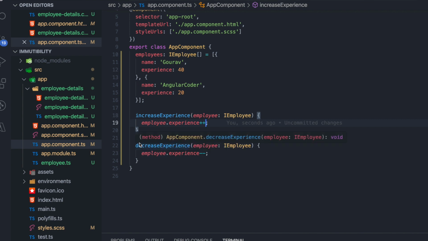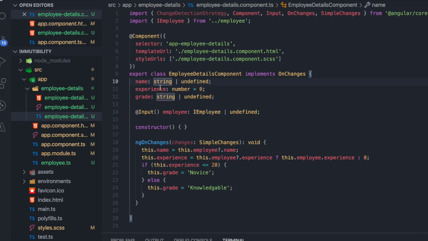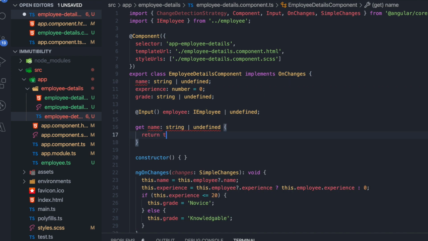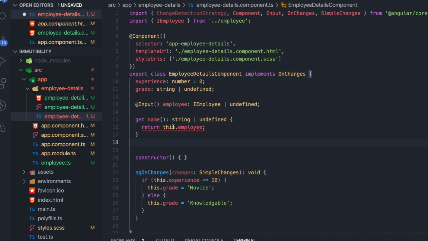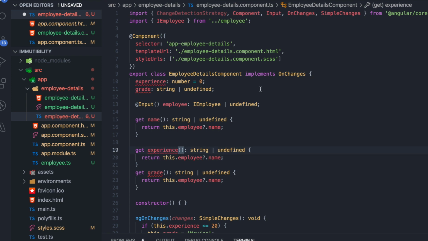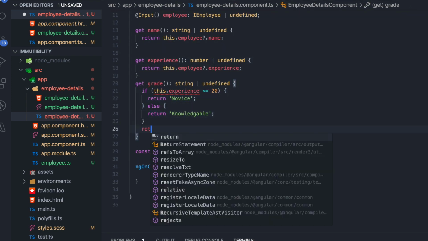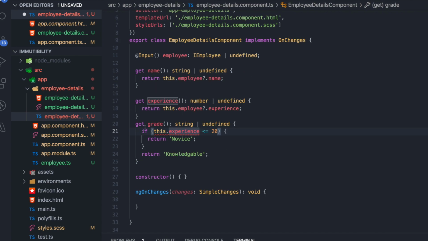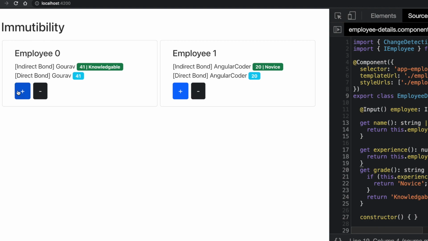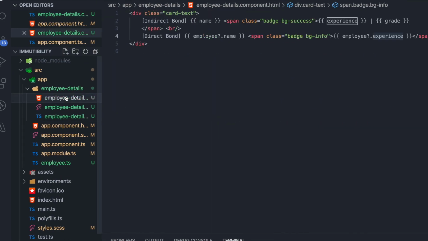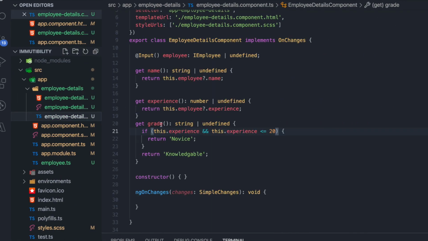Let us try to do that once. So with this you can see what we have done.